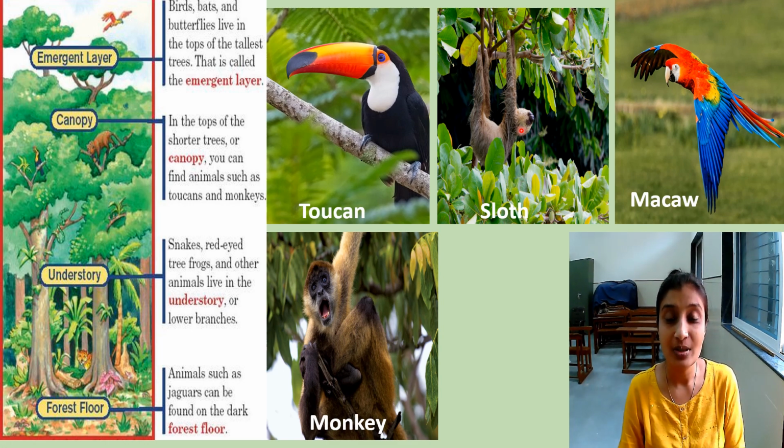This is a sloth. Sloths are found in Central and South America. These animals eat leaves and fruit and only come down from the canopy when it is necessary. This animal you all know. It's a monkey. It can swing easily through the trees using its long tail. Look at this beautiful bird children. This is macaw. It belongs to a parrot family. They move together and have beaks that enable them to eat hard nuts.